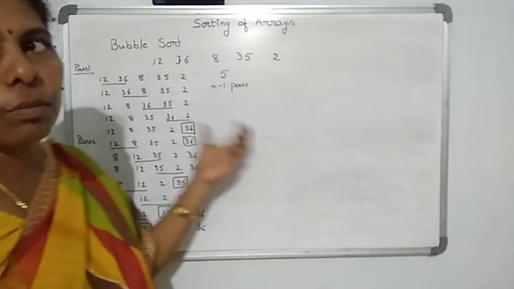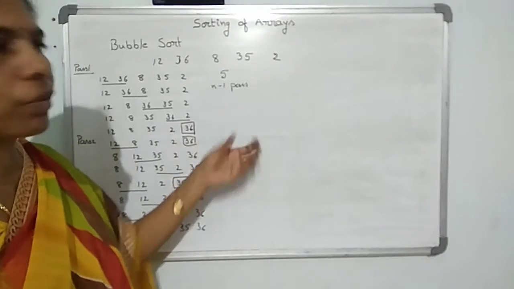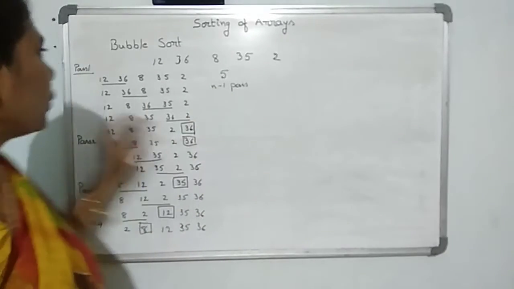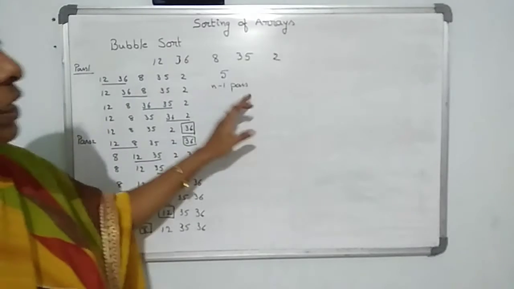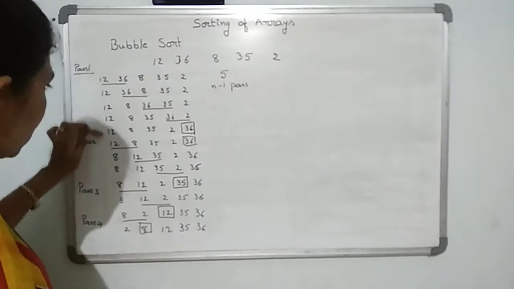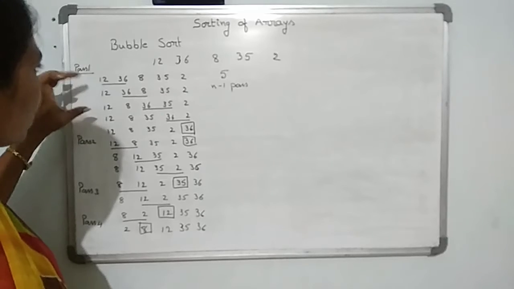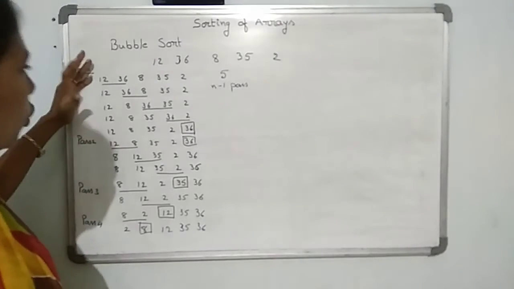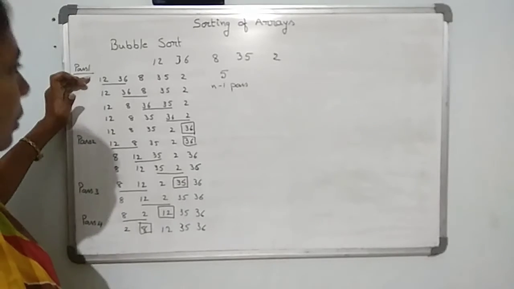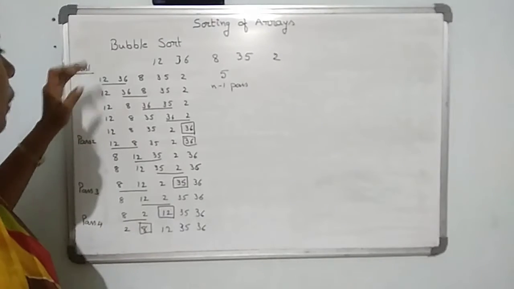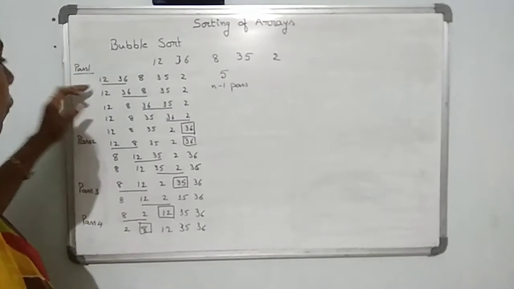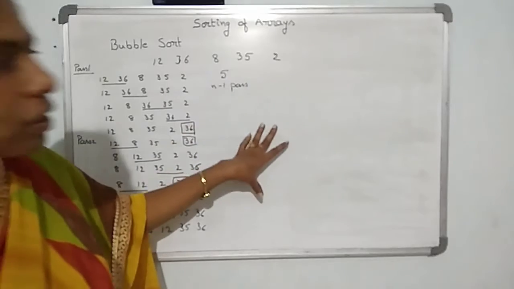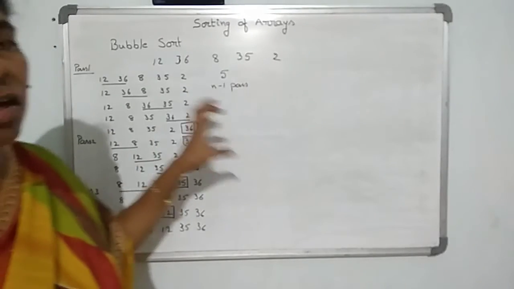If you are applying the bubble sort, in that case we use 2 for loops, one for i and one for j. The first, i, is for the passes, and the second, j, is for doing each and every step. So each pass must contain the 2 loops, the i loop and the j loop. The i loop takes the passes and the j loop finds the largest element of the given array. So in that way we can write the program for the bubble sort. Now I will explain the